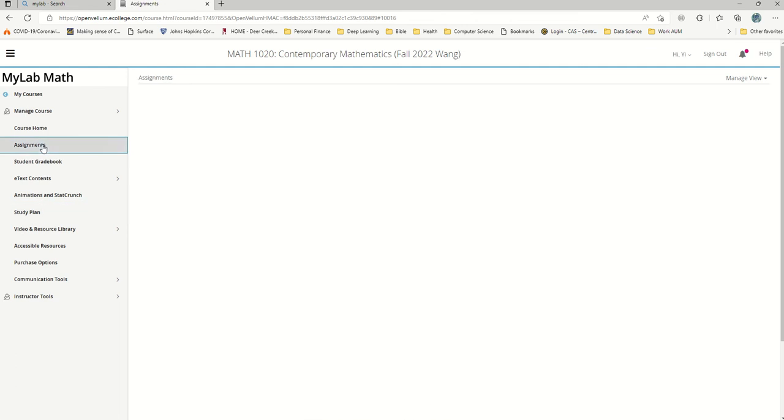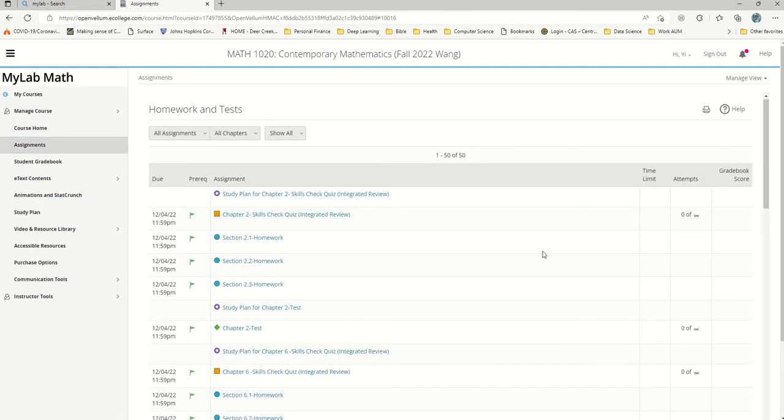And then you go to assignment, and now you see all the assignments are listed here. The due dates are listed here. Right now, I set the due date as December 4th. I might change this later, okay? This is just for the demonstration purpose. For each chapter, I got a study plan for the chapter skill check quiz, and then you need to complete the skill check quiz, and then you have a homework assignment for each section, 2.1, 2.2, 2.3,